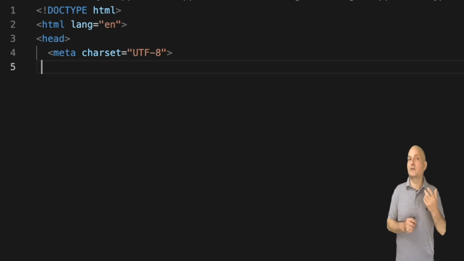We define it as UTF-8. Encoding is a complex and nuanced subject, so I won't delve into all of that. But I will say that this lets us type characters that aren't English, Latin characters into the HTML.